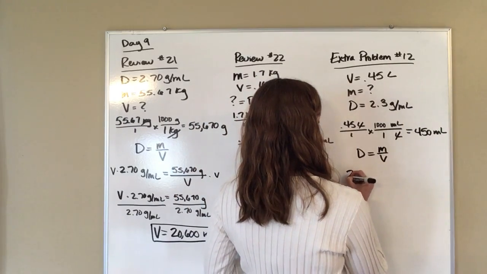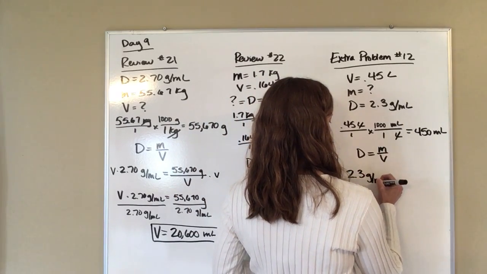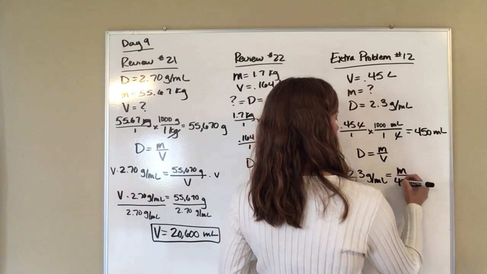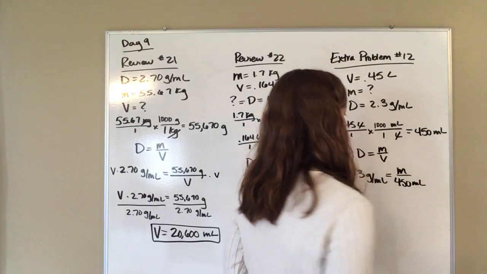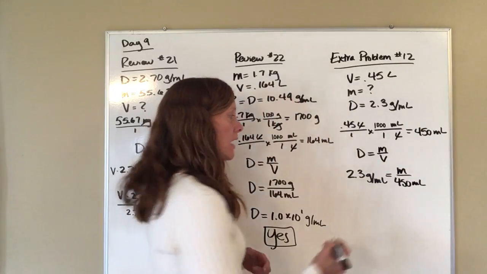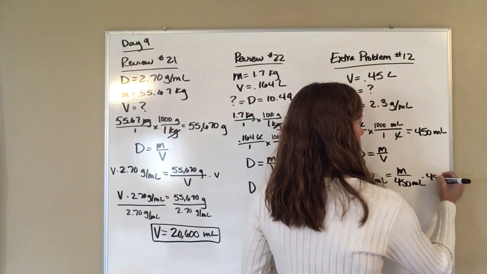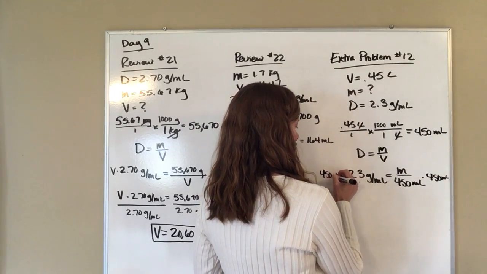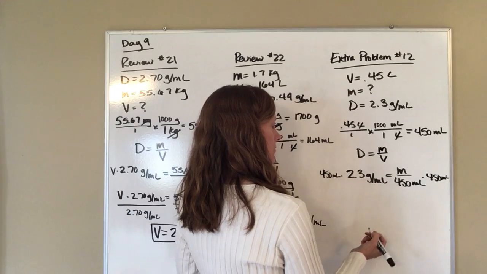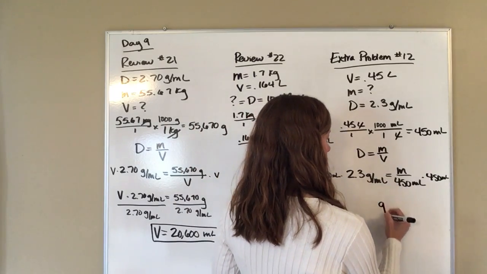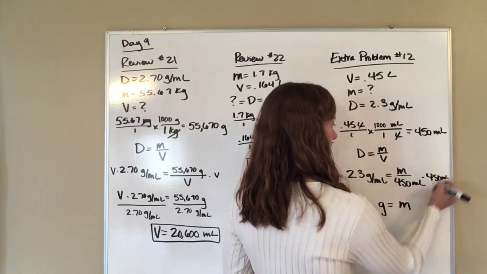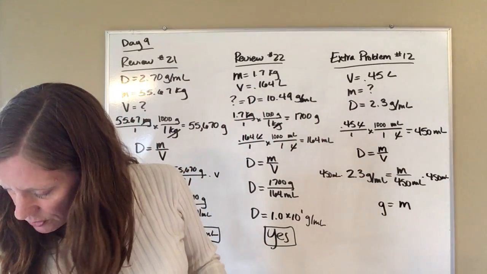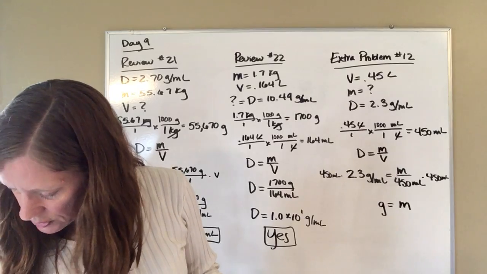So density is 2.3 grams per milliliter. The mass is what I'm trying to find. Volume is 450 milliliters. So in order to solve for M, I have to multiply both sides by 450 milliliters. The milliliters over here will cancel out, giving me units in grams, which is what I should have for mass. 450 milliliters cancels out over there. And so then when I get done, that should give me